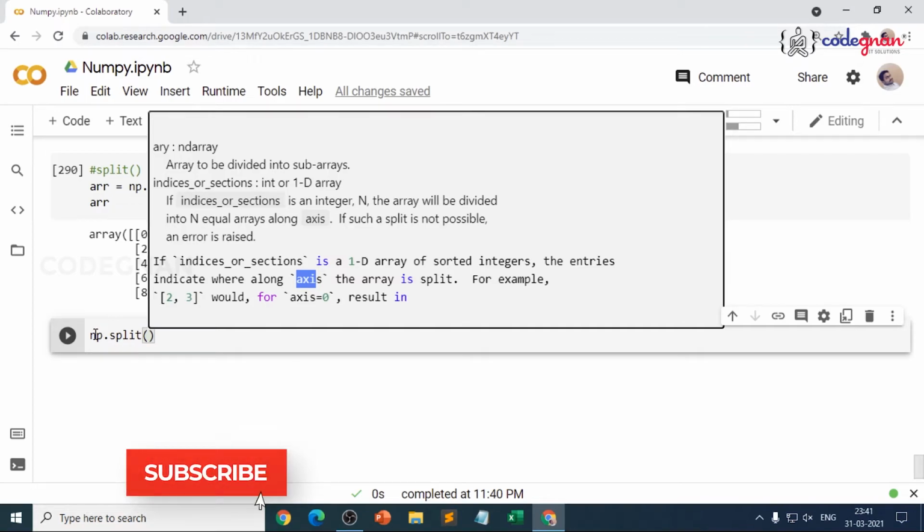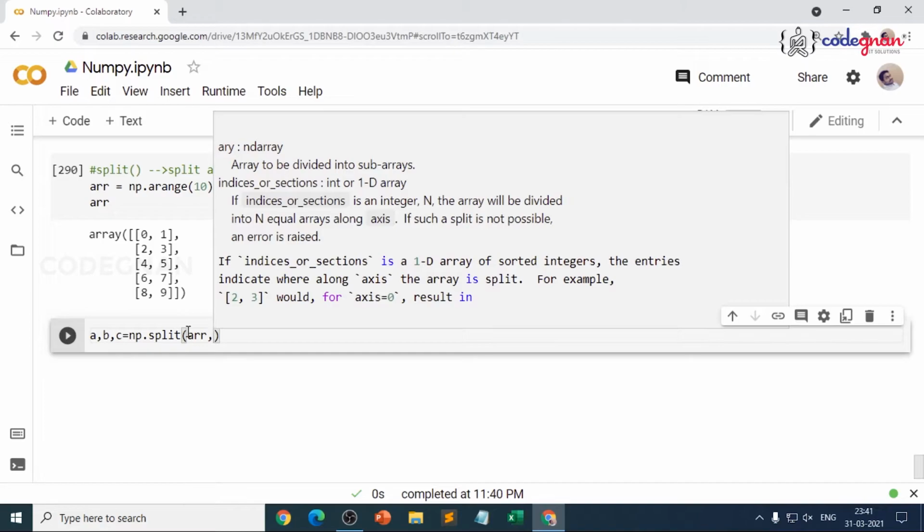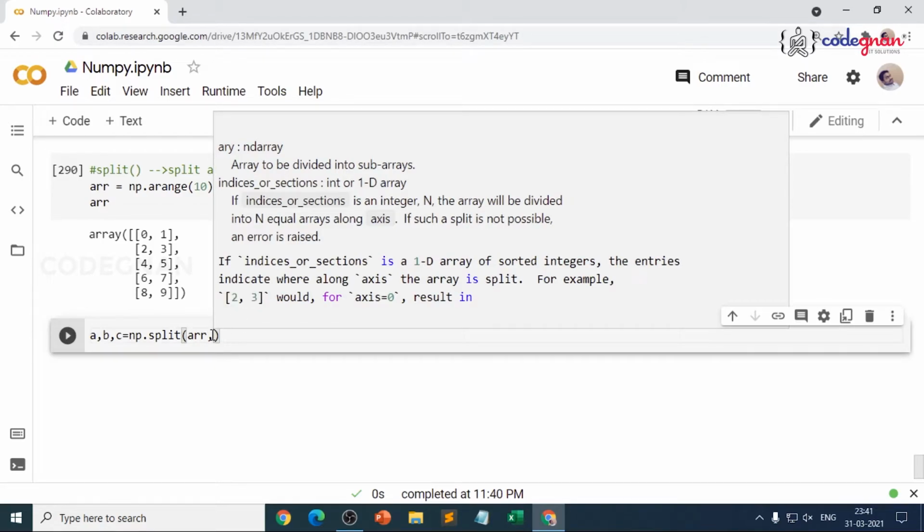So if you want to have a number of splits, suppose I give A comma B comma C, and I want to make 3 splits, I give my input, my ARR, and pass how many splits I want. You should give it in this way. Otherwise, it will throw an error, and if you give it in the normal index manner, you may not get satisfied easily.